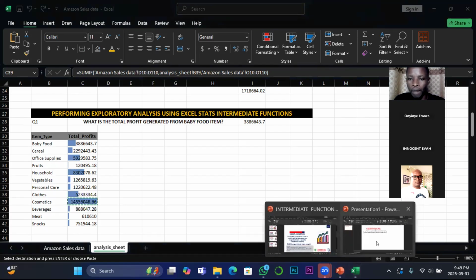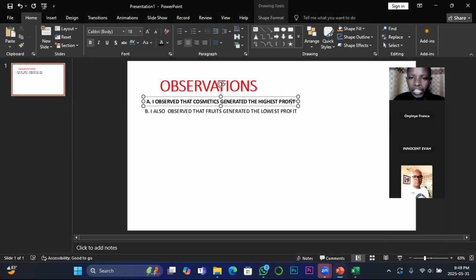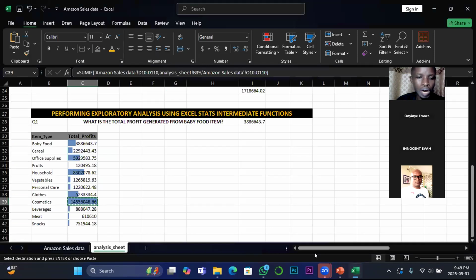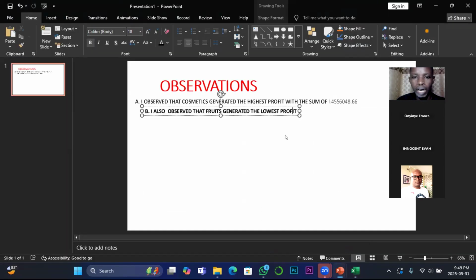So I'll go to my PowerPoint where I presented this observation. So I will say, with the sum of, then I'll paste the value there. So it will make more sense. When you are presenting, you are also highlighting the value. The same thing I'm going to do here: I will get the value for the lowest, which is this, Control C, then go back to my PowerPoint, and then add it with the sum